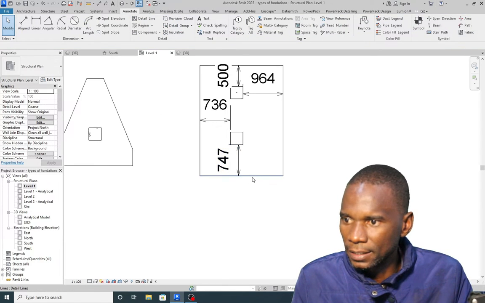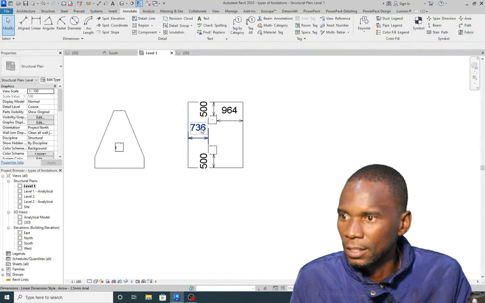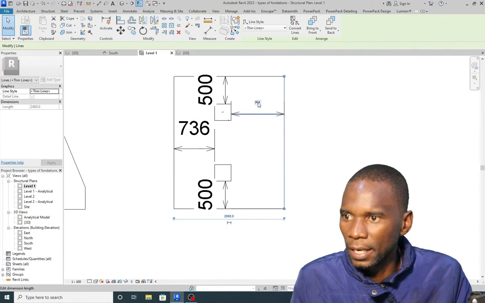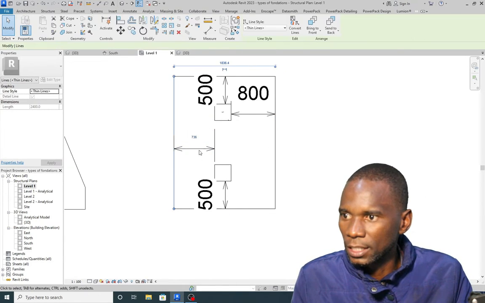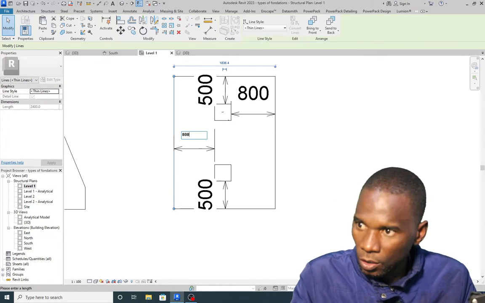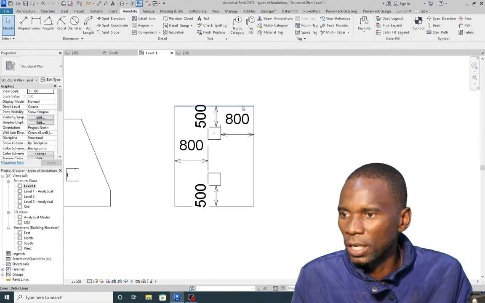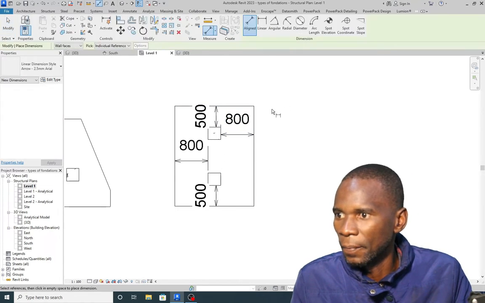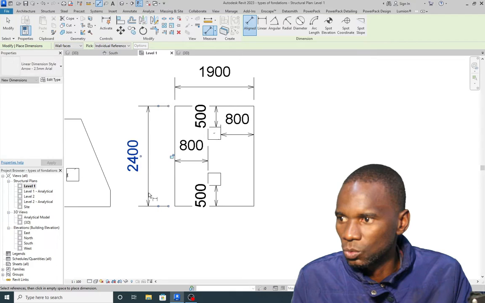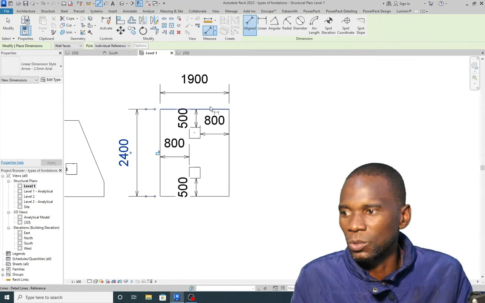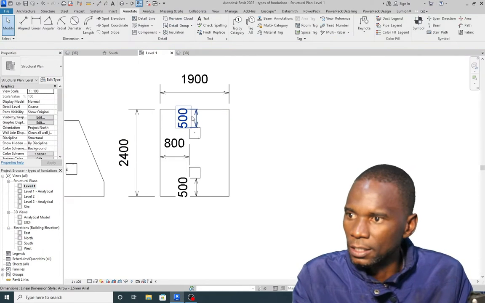Click just like that. Again, I'm just doing this. Make sure that you follow the design for you to create these. Okay, so from here to there, let me say about 800. Okay, I'm just showing you that you can specify these before, so that you know how these are sitting in between. So for this one, if I just check this one, it's 1.9 and this to this one by 2.4. Okay, so assuming that I want to have a 1.9 by 2.4 as the base,